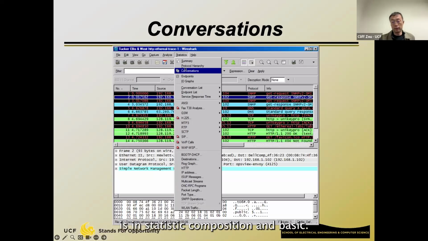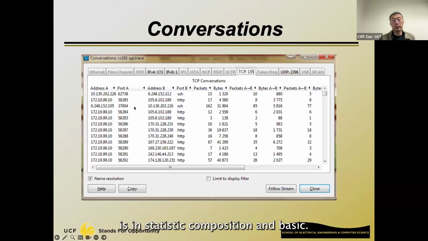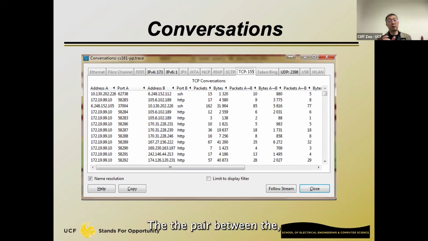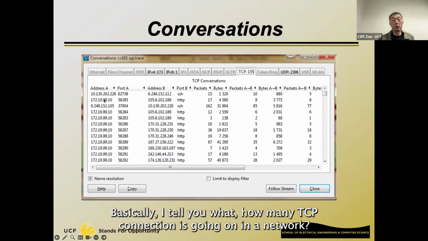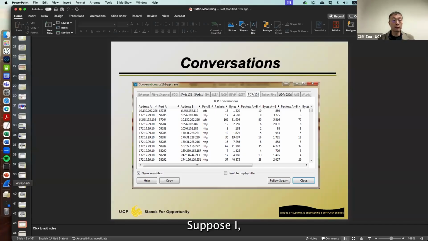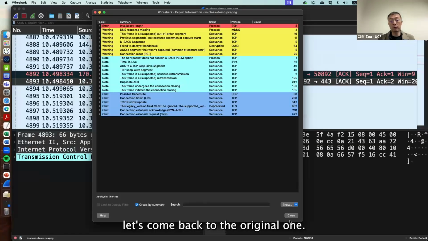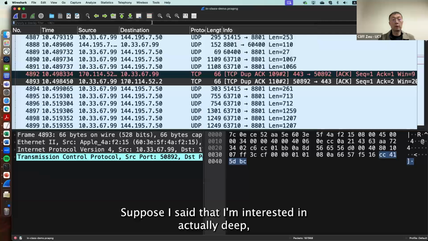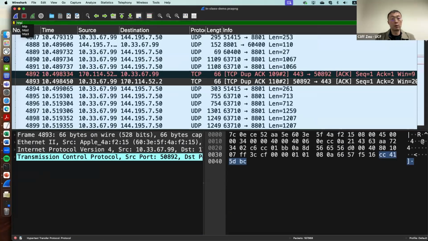Conversation is in statistics. Conversation basically tells you the pairs between the endpoints. TCP conversation basically tells you how many TCP connections are going on in the network. Let's come back to the original one. Suppose I say that I'm interested in the HTTP traffic,